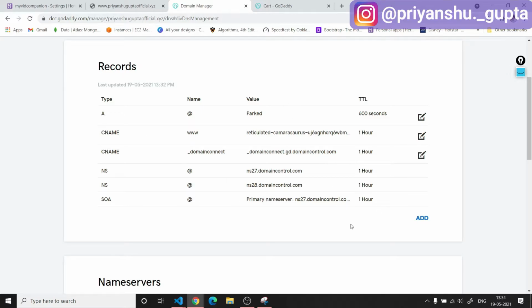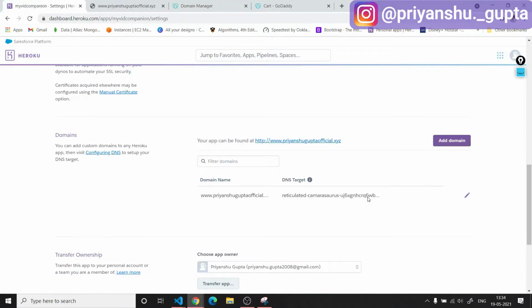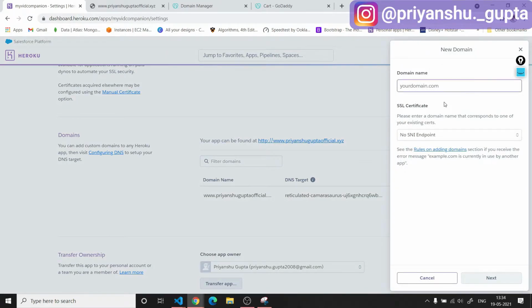If I try to add a new CNAME here, and now I write @ here, and point it to a new domain that I create here, let's say I add a domain, and here I will not write www, I will directly write priyanshuguptaofficial.xyz and next.